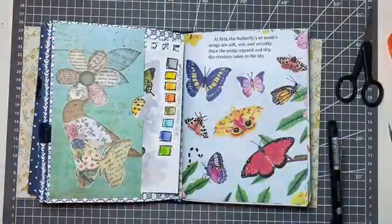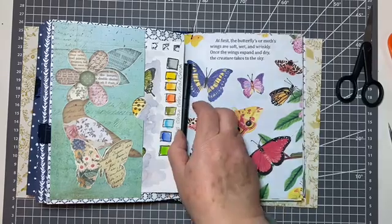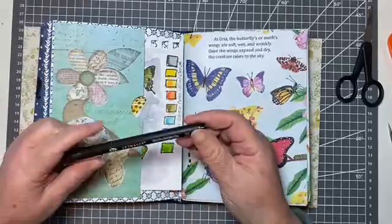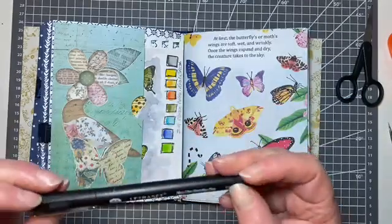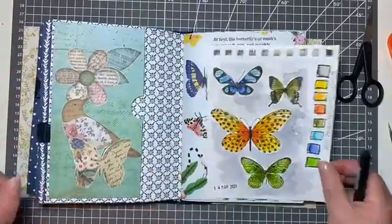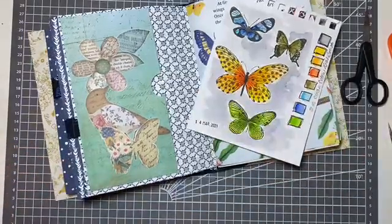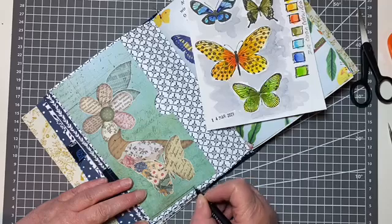Now, what about going round the edges with the fine liner? That's the fine liner that I used for going round the little samples of watercolour. It's a 0.5 Letraset fine line drawing pen, and I'm thinking maybe we will do much like we did here, bring that in along the edges here. Yeah, I think we'll go for it. Let's try this bottom bit, and it's just really a squiggly